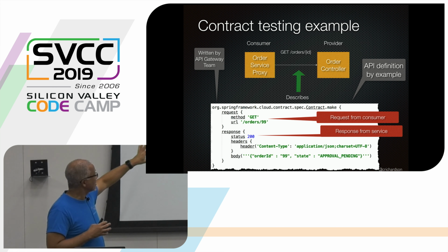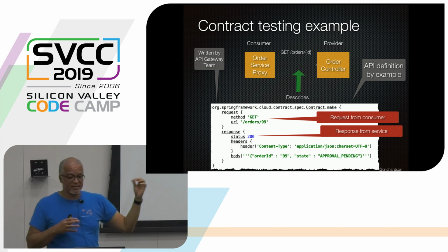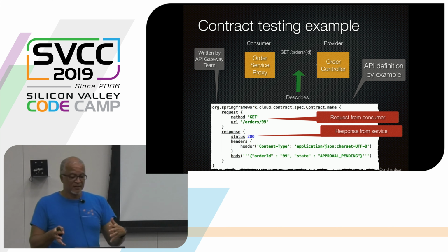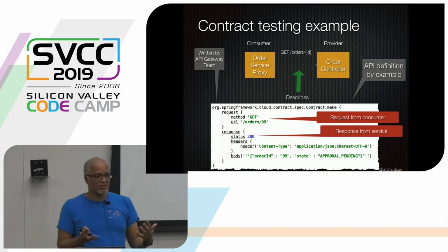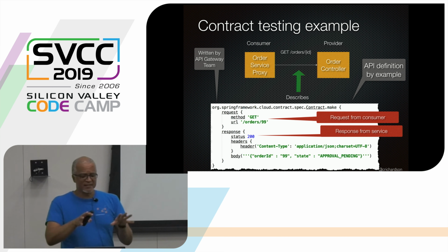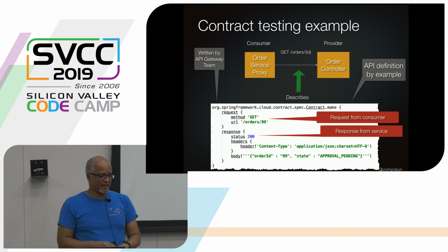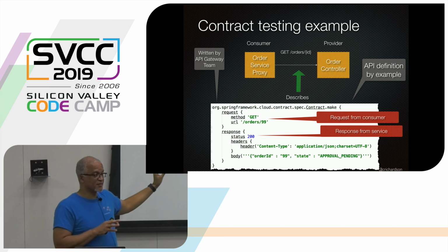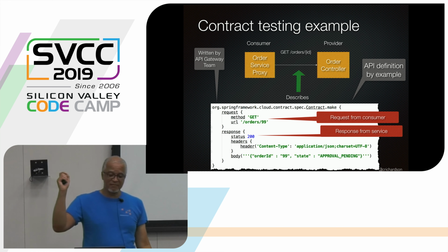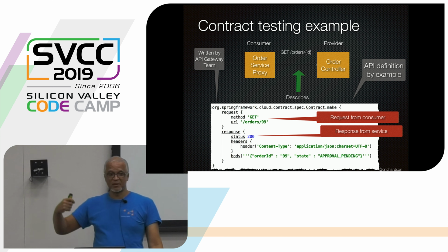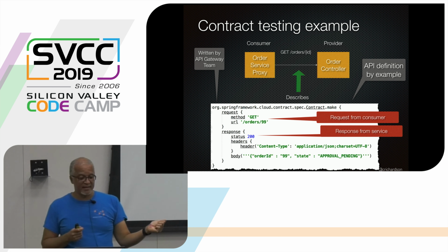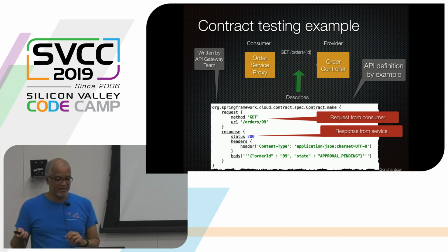And with that, the interaction between services is described by a set of contracts, and each contract is an example HTTP request response pair. So it's like API definition by example. Whereas Swagger, or OpenAPI, I should say, is like an abstract definition, this is a set of concrete examples. So it's saying, well, when I send this request in, this is the response that I expect back. And these are written by the client team, which in this case is the API gateway team.